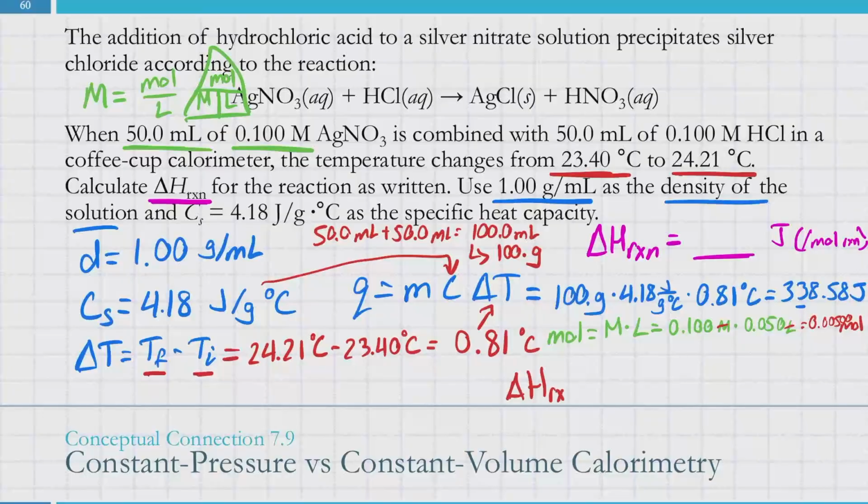Delta H of the reaction equals, we'll call it Q over N. So heat over moles. 338.58 joules divided by 0.00500 moles equals